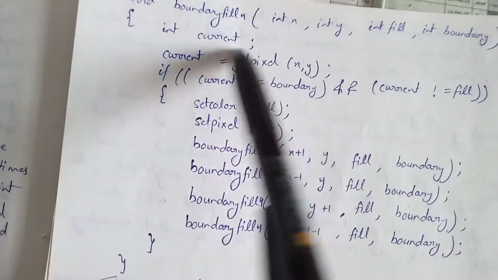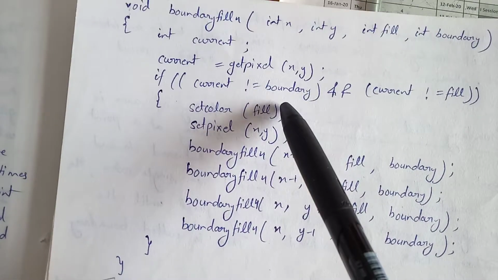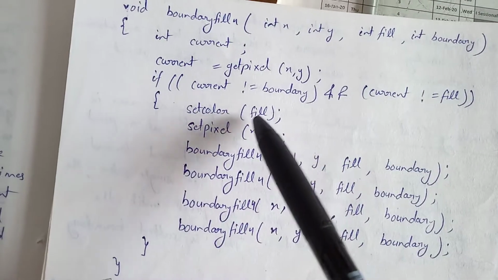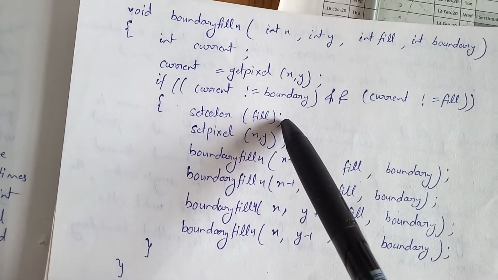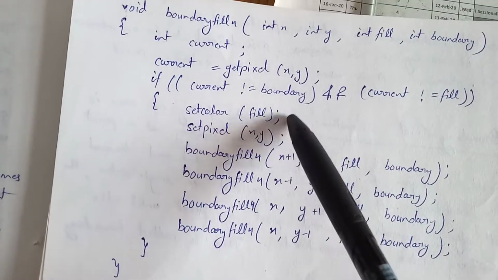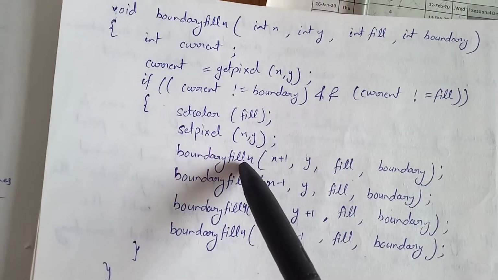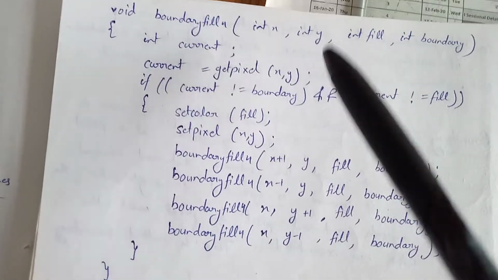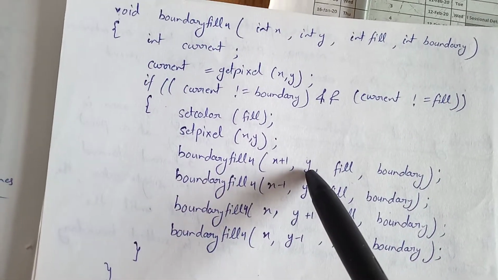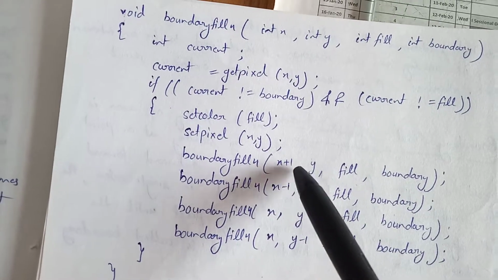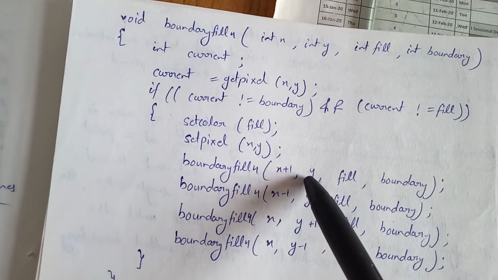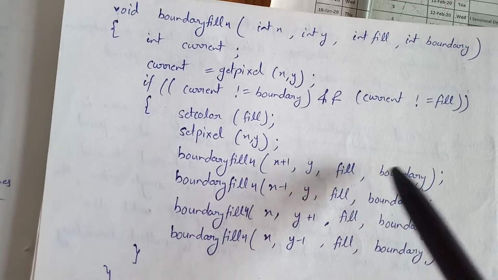Now how does this algorithm work? Initially it will take your current location and check the color. If it is not equivalent to the boundary color or your polygon filling color, then it will put that particular pixel x, y with the fill color. Now call the recursive algorithm. The control goes to here, takes the position. Now in the x and y places we replace the point by x plus 1 and y. Means it will take the next location and the same parameters.